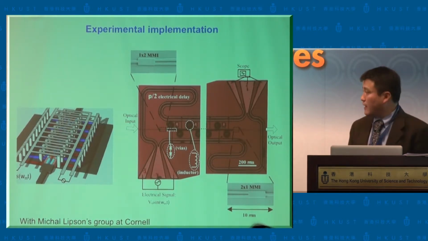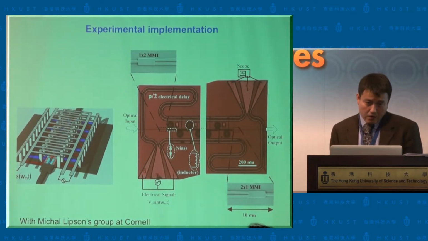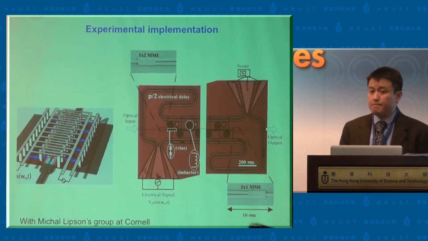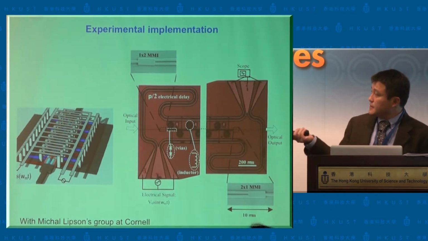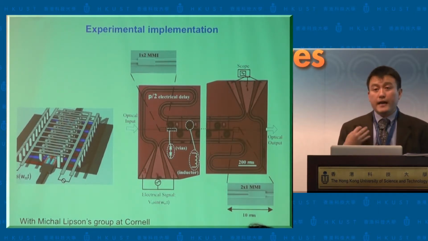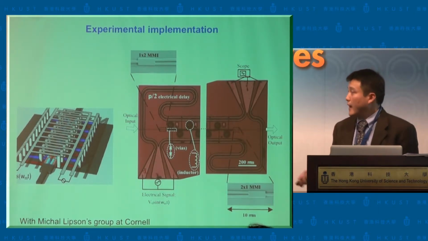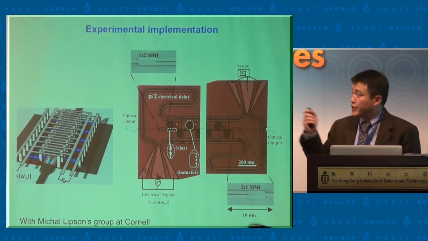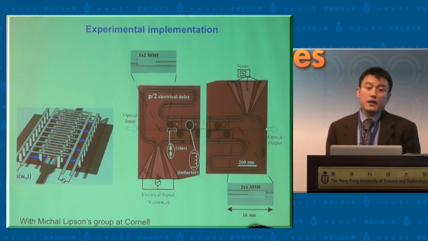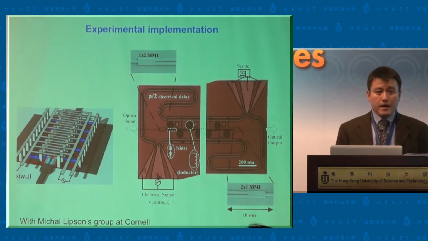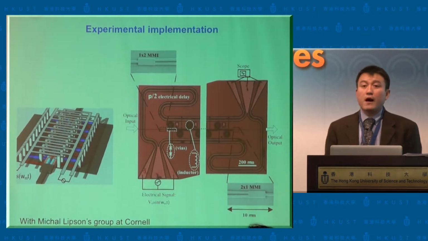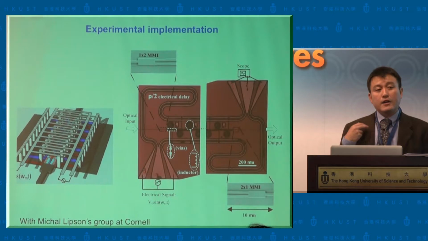And this year, in collaboration with Professor Michal Lipson's group, we have actually done an experimental demonstration. So what Michal's group did, essentially, is to build a very large modulator. The modulator region, the waveguide region, is about 1 centimeter long and consists of 88 independently modulated regions. And so the idea is to control each individual modulator in just the right way so that you can create